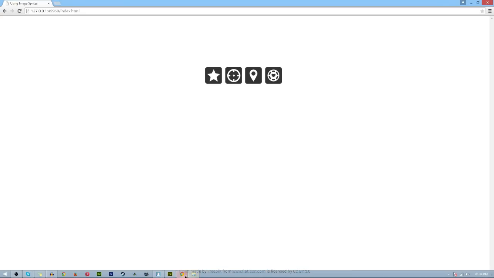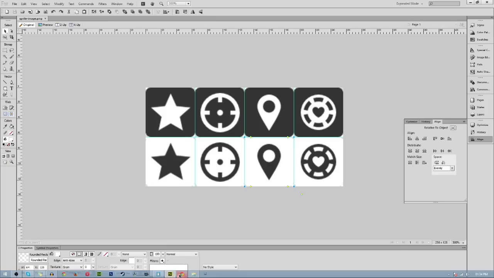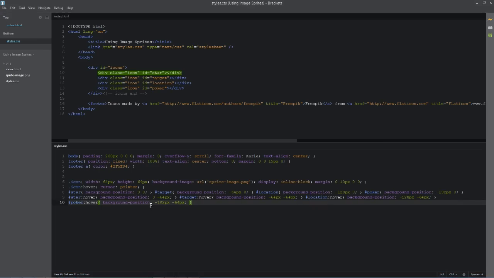Okay. So basically that pretty much comes to the end of what image sprites is all about and how you change it on hover and things like that. I just wanted to show you a cool little effect you can create with some